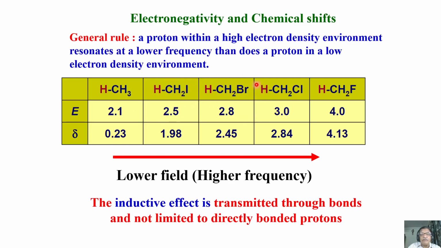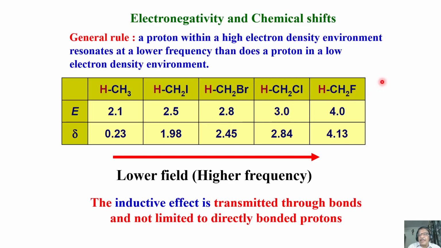Change iodine to bromine, which is more electronegative than iodine. It shifts further downfield. In the column of the periodic table, we have fluorine, chlorine, bromine and iodine. After bromine, move to chlorine. Remove bromine and put chlorine. The electronegativity keeps increasing for the substituent atom, from iodine to bromine and now chlorine. The chemical shift has moved to 2.84 ppm, further downfield compared to the bromine substituent.